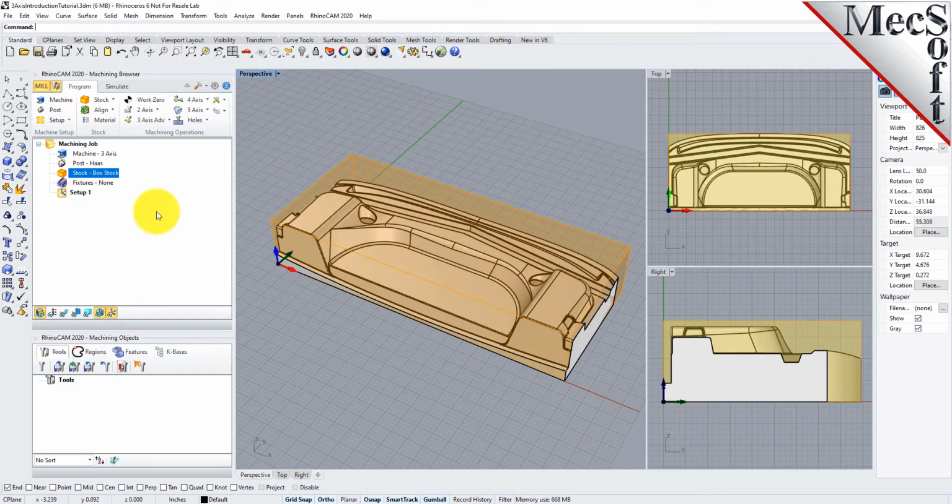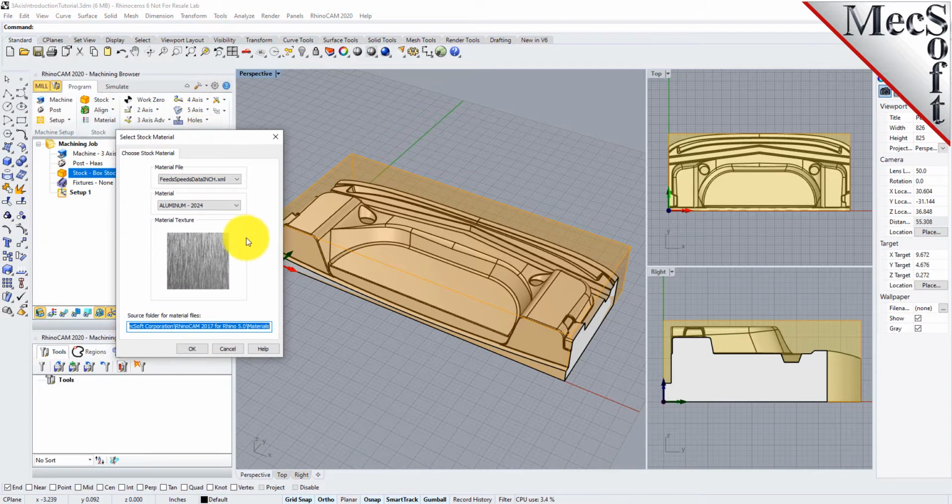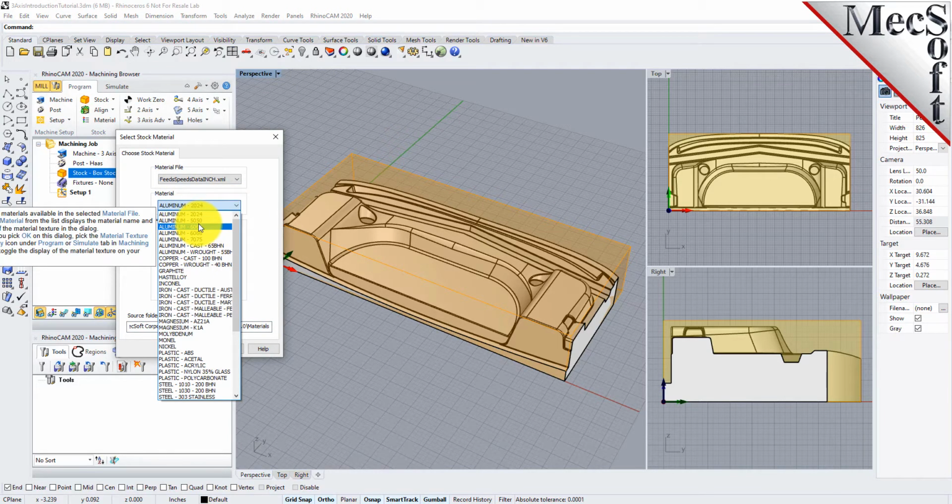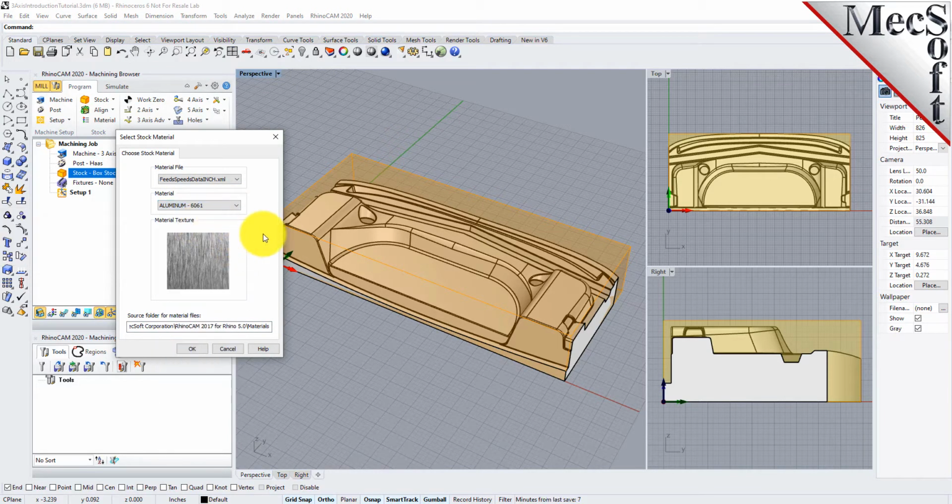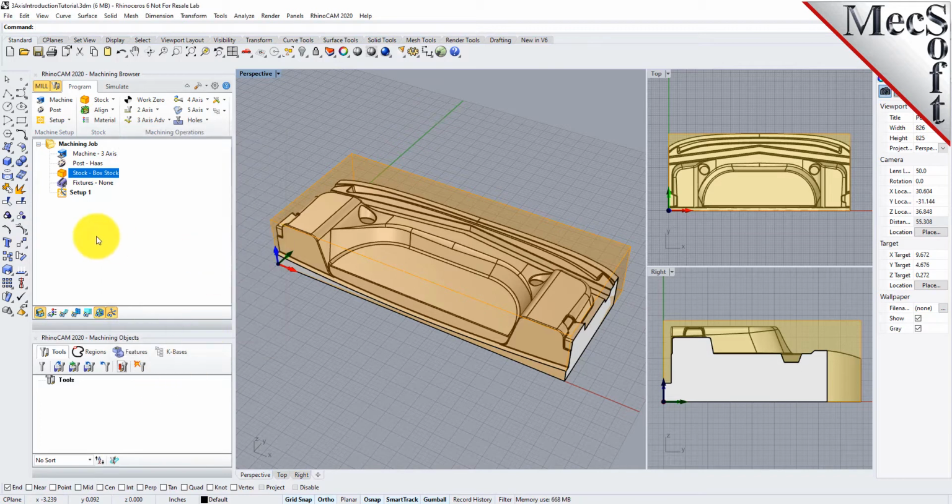From the Program tab, select Material to display the dialog. For material, select Aluminum 6061 from the list of available materials and then pick OK. If the material texture does not display on the stock, select the Material Texture Visibility icon located at the base